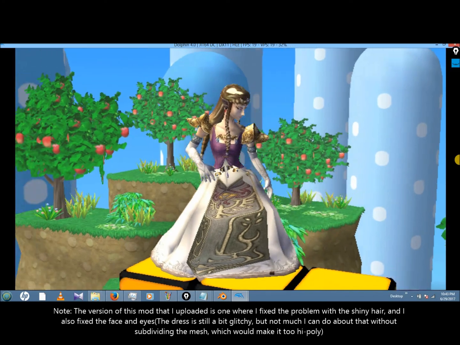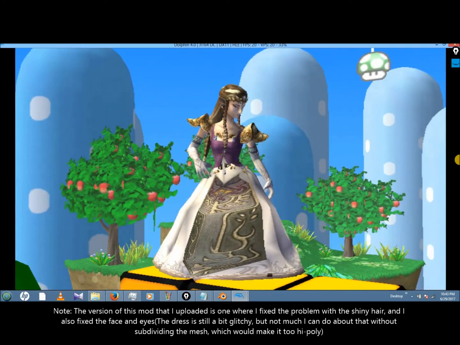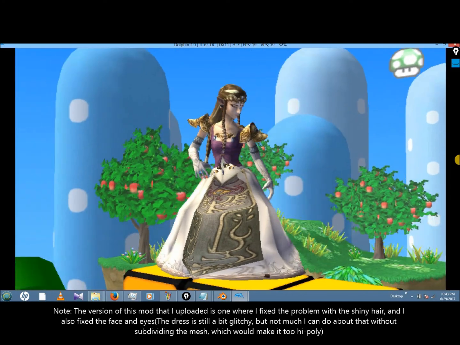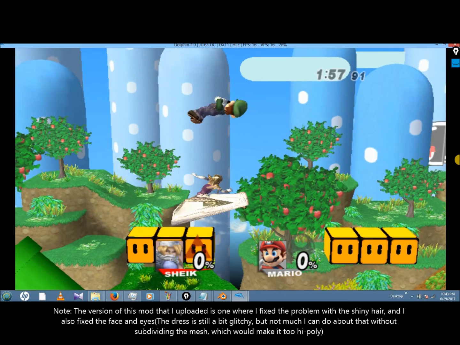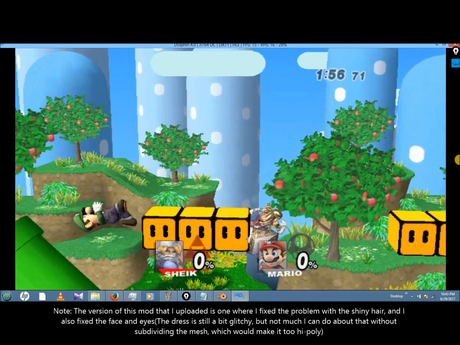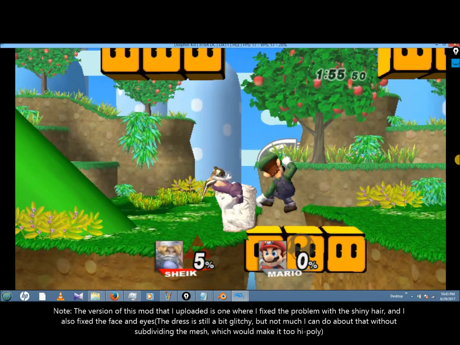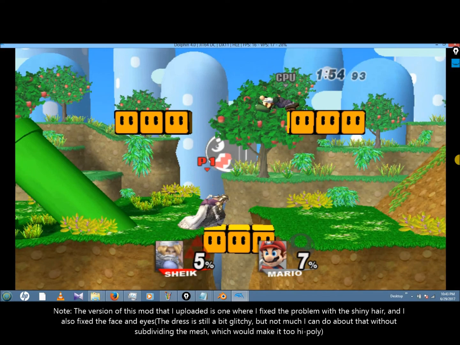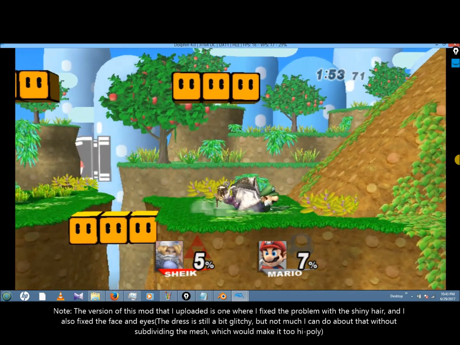Not sure why her hair is randomly shiny, whereas it's not normally shiny. But the eyes are easily fixed. That's because she has extra expressions which Sheik doesn't have, because Sheik doesn't have any expressions. Okay, grapple and everything works, that's good. So all I have to do is just delete those objects and then the ref, and that's good.